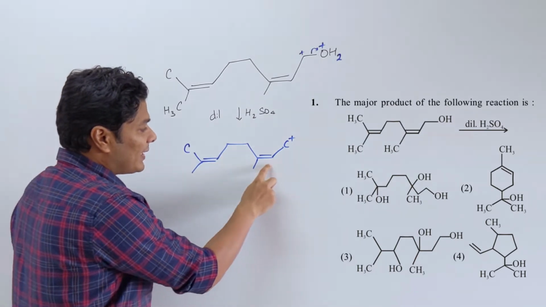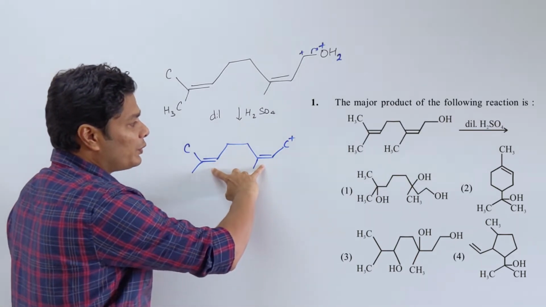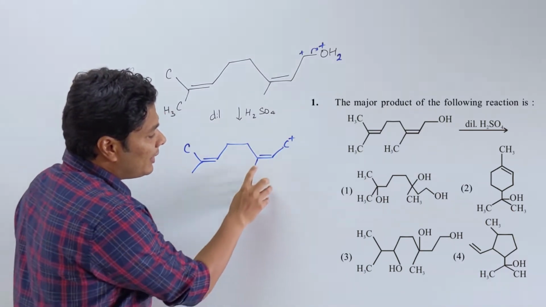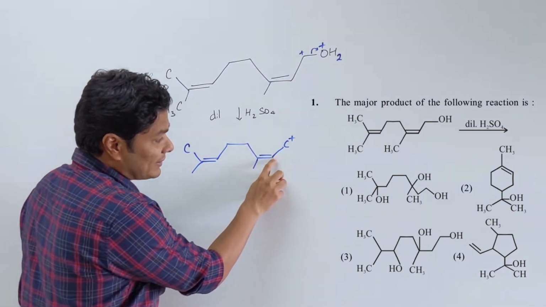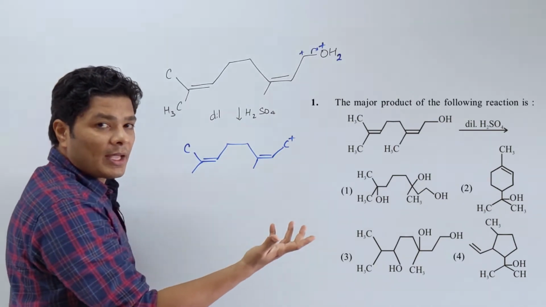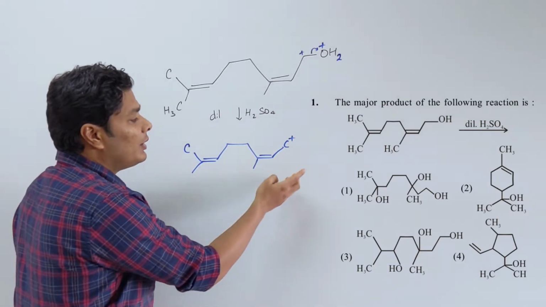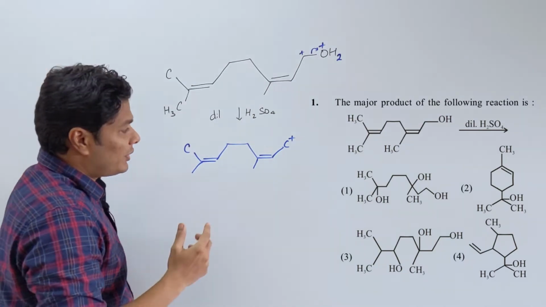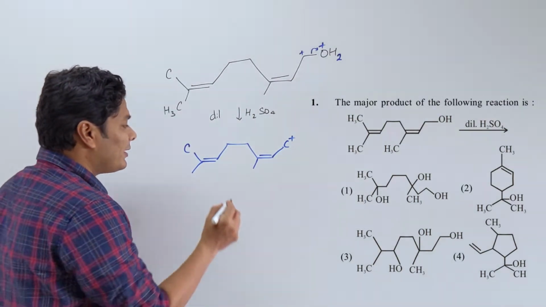Now this nucleophile can attack. There are two of them. Now which one do you think will attack? If this attacks, you form a cyclic product. Even if, let's say, this carbon attacks, this carbon and this carbon cannot form a bond again. There is already a double bond. So if this carbon attacks, you get a 3-membered ring. So that is not going to happen. So we can see whether this carbon attacks.